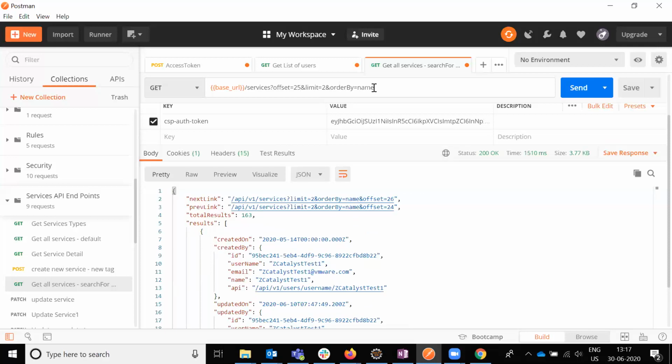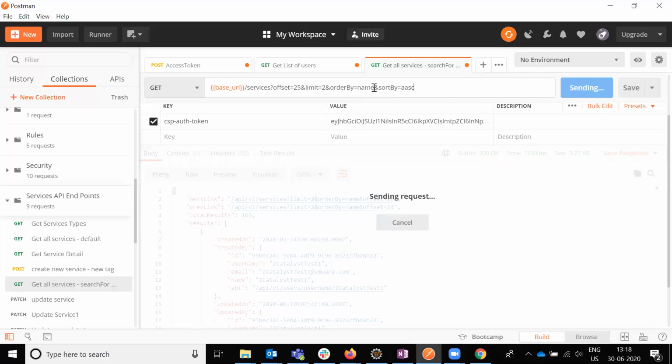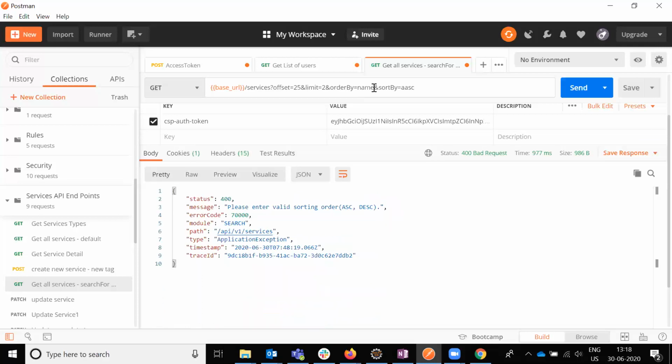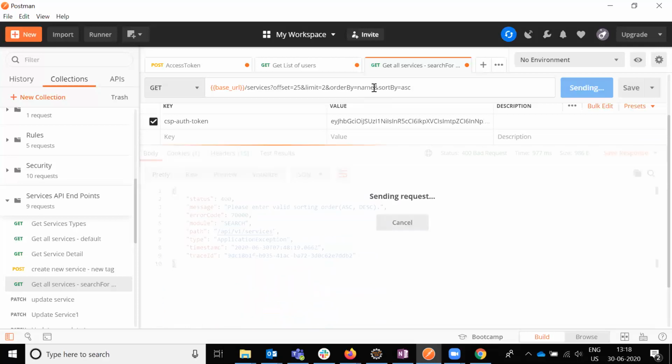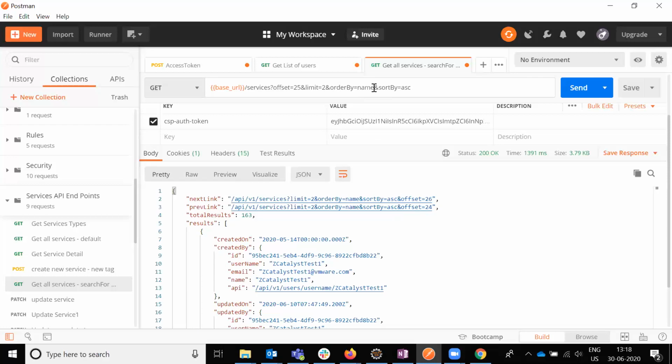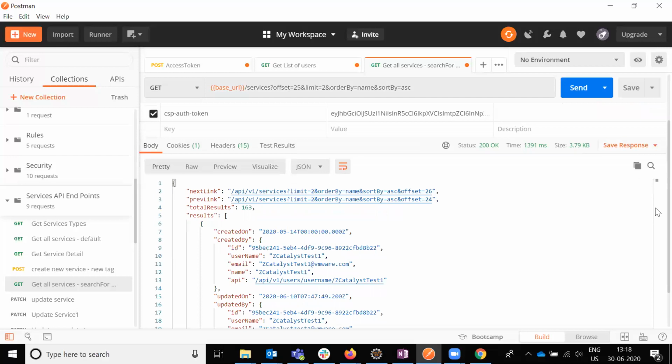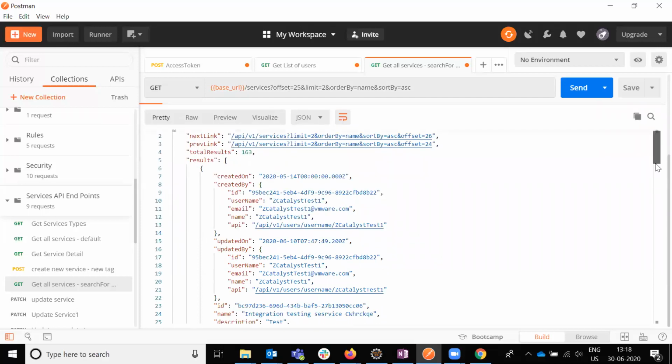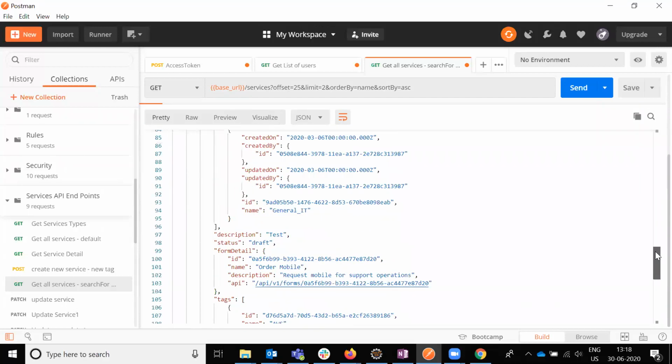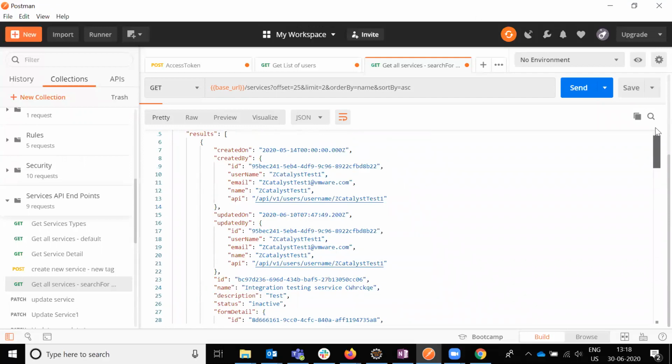And this order by will not work when you are using it alone. You have to combine it with sort by ascending. The value is missing, sorry, ASC. If you use ASC, it will give the valid data related to ascending order, and descending order values too. Otherwise it will not give the correct value.